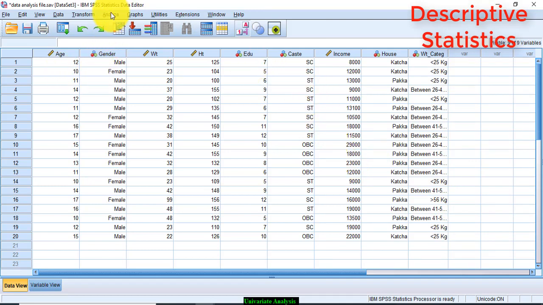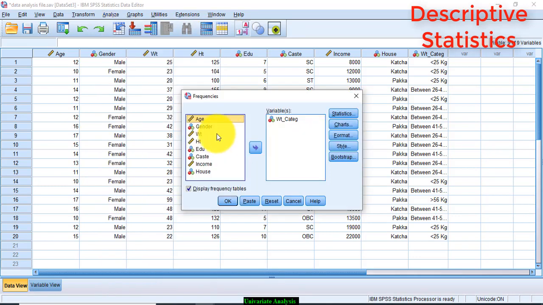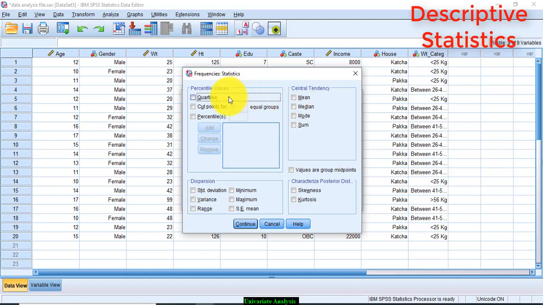Go to Analyze, Descriptive Statistics, and Frequencies. Pick the variable for which you want the descriptive statistics. So I want descriptive statistics for weight. Click Statistics, and you can see here the various statistical measures of central tendency and dispersion. So select the mean, median, mode.